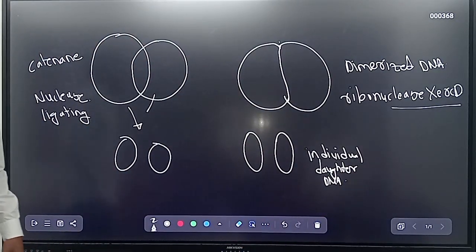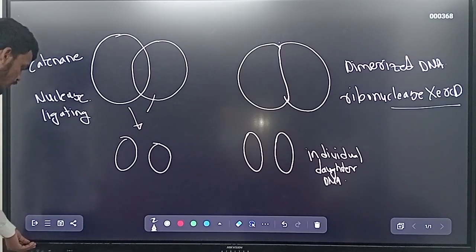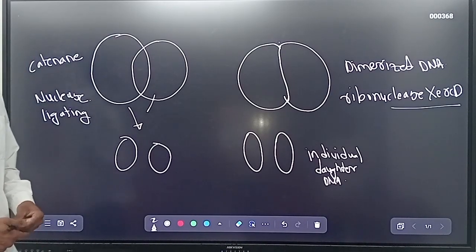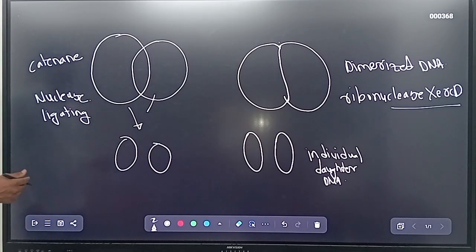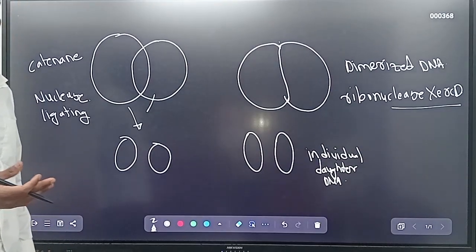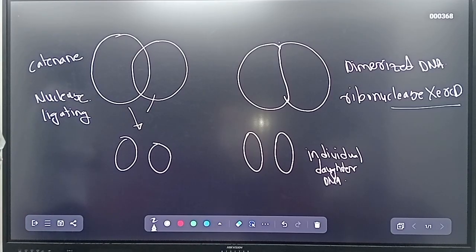This will nick here, open the circular DNA, and remove this, and again with ligating activity bind it, and individual daughter nucleic acids will get formed. And here, remember ribonuclease